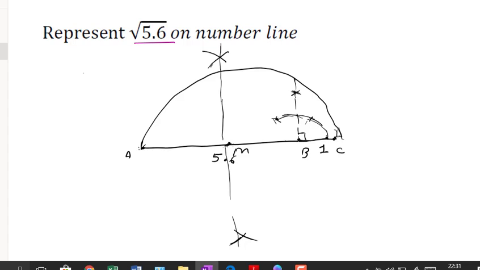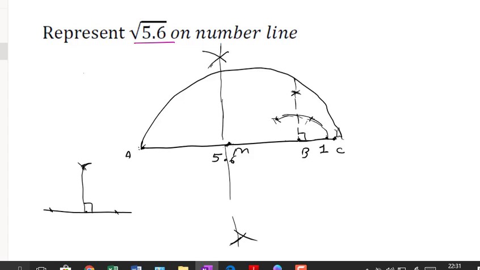The other way of drawing a perpendicular, I will show here. Suppose at this point I have to draw a perpendicular. With the rounder I will take some radius and cut one arc on this side and this side. Then I will choose this point as center, take a radius more than half, and cut one arc on this side. With the same radius, I take this as center and cut, and I will join this point with this. So this will also be 90 degrees. These are two methods by which we can draw a perpendicular, we can draw 90 degrees.